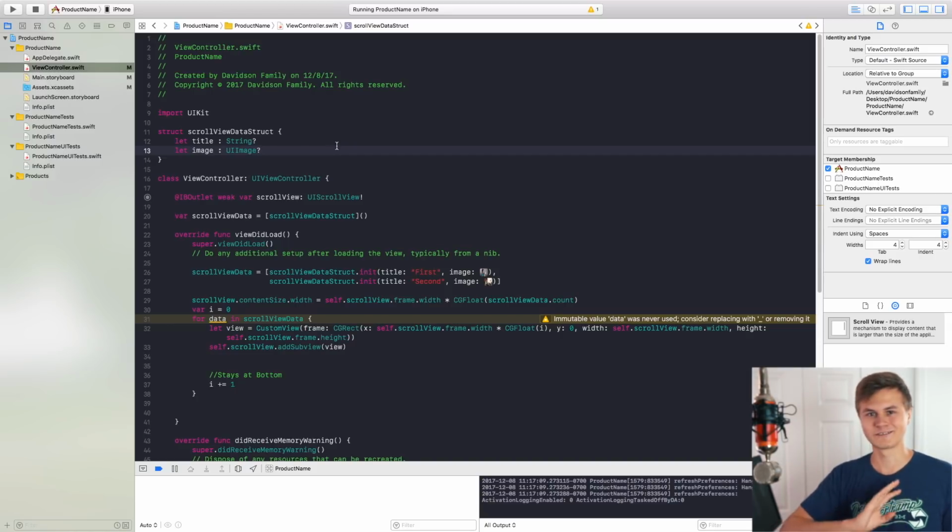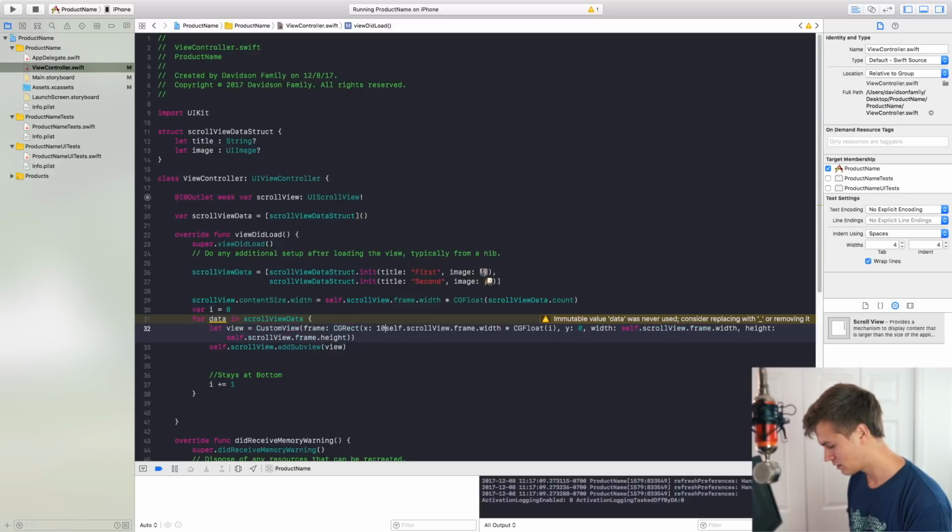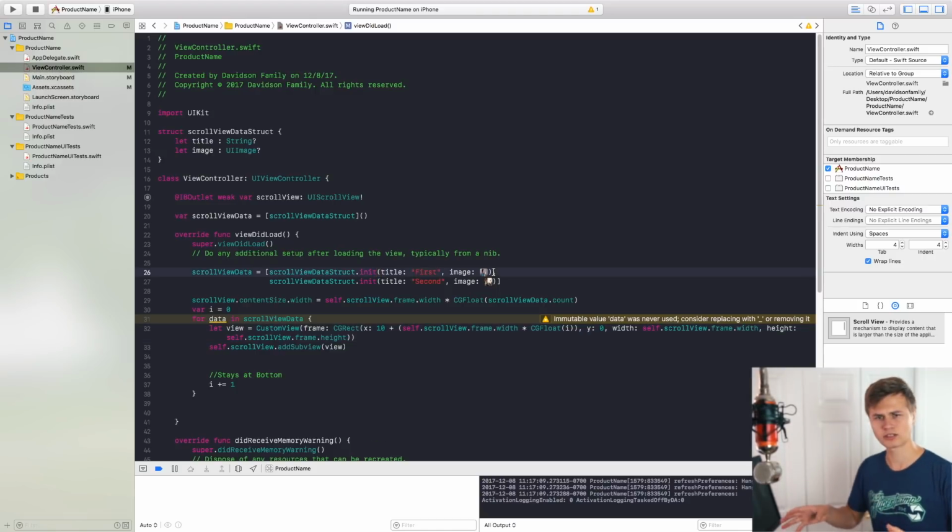But of course, let's make that a little bit more visible. So this is where we're going to play around with the width a little bit. So for our X value, I'm going to go ahead and set this equal to 10 plus. And then let's wrap this all around in parentheses just so that we can get a clear separation of things. So what this is going to do is push it to the right of the left border just by 10